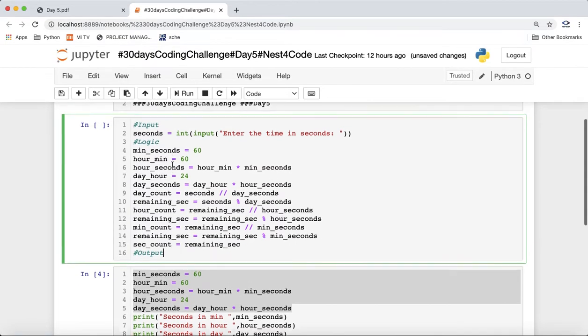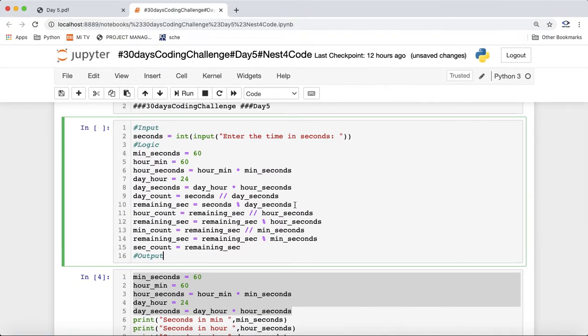So I think I will repeat what we did. We first compute how many seconds we have in a minute, how many seconds in an hour, how many seconds in a day. Then we use this floor quotient operator, and we get the exact days in the given input seconds. Then we get the remaining seconds after the day. Then from the remaining seconds we get the exact hour count.